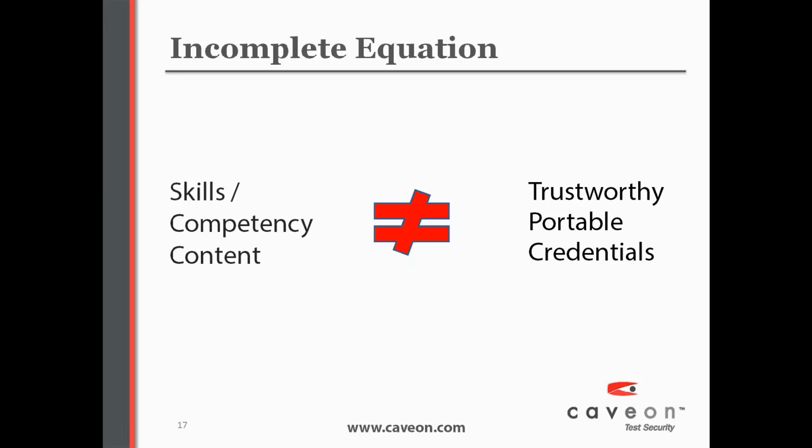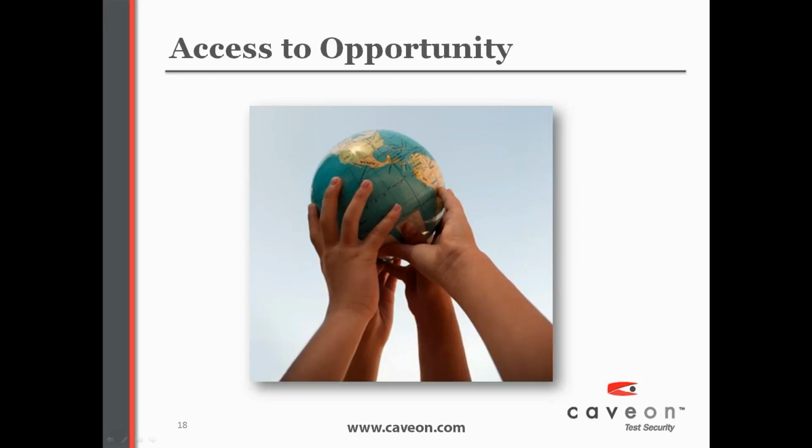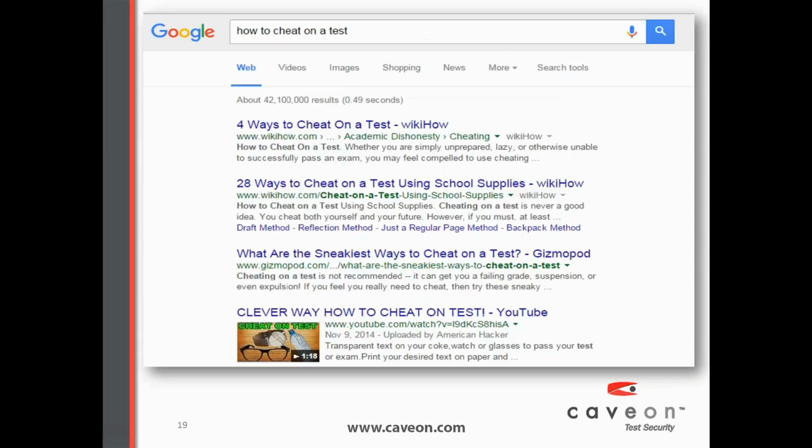Our perspective is that there's a missing piece. And the reason is, if you go to the next slide, that access to scholarships, to training, to education, and to job opportunities should be based on skills and knowledge that people can demonstrate, not on their ability to cheat or buy answers or credentials to obtain them. So the more valuable that these credentials, these portable credentials become,